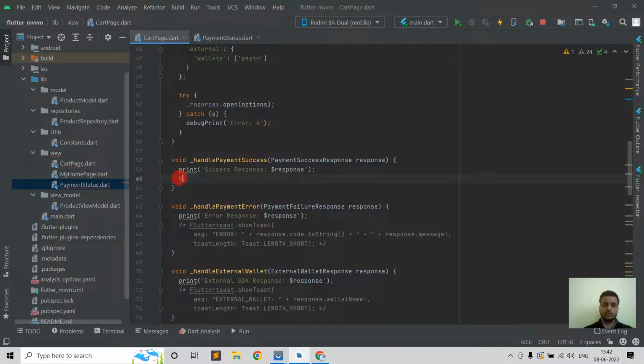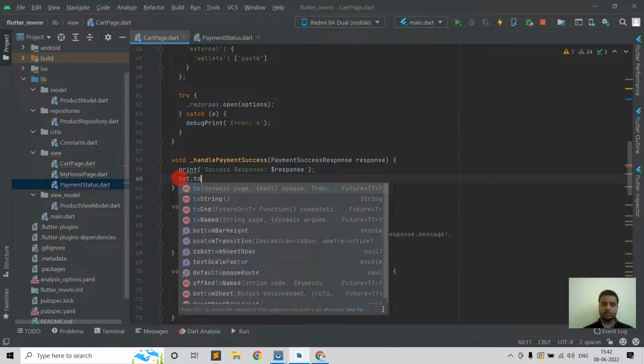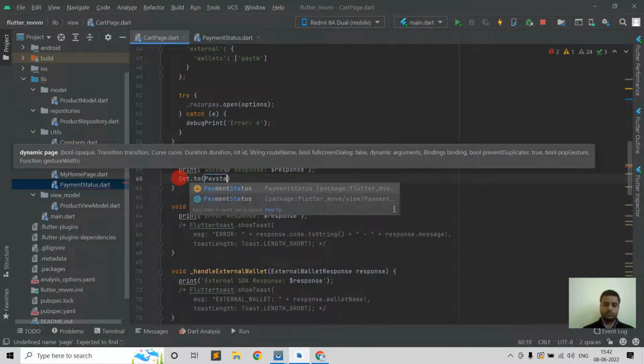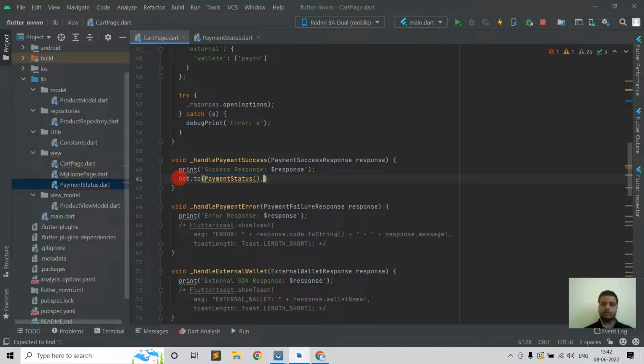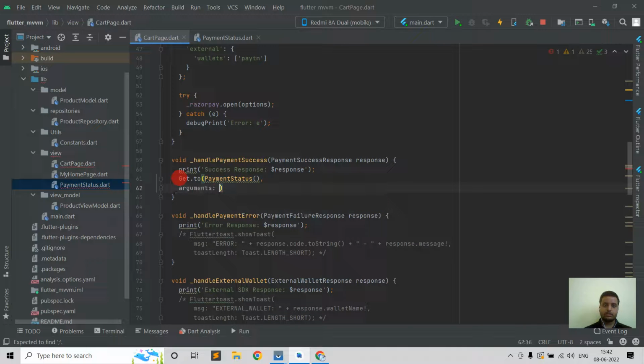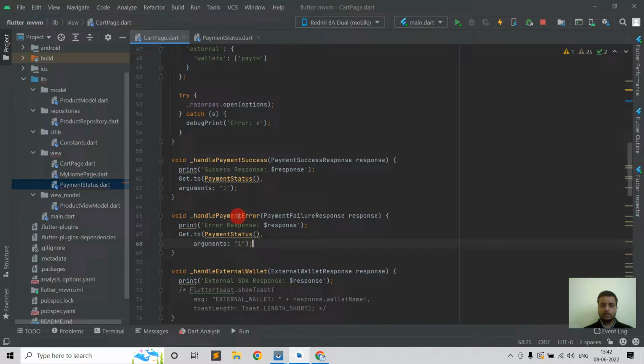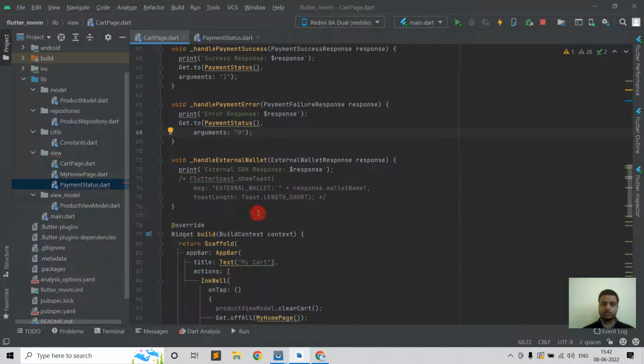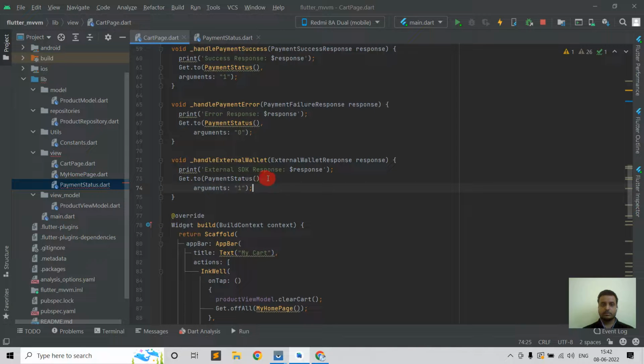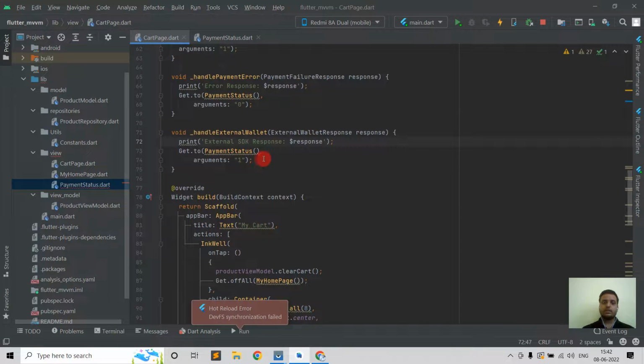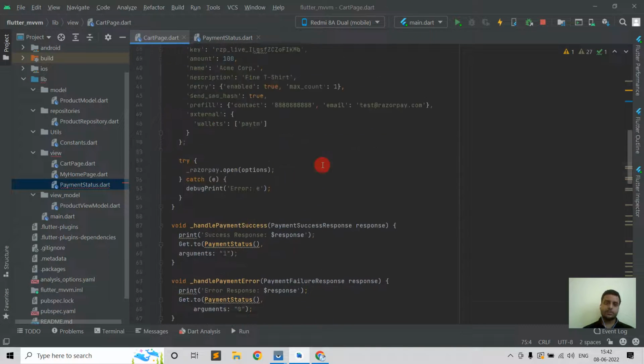then Get.to, and I pass one argument here, that is 1. And when the payment failed or there is any error, then I'm going to pass this 0. And in wallet I'm sending 1. Okay,